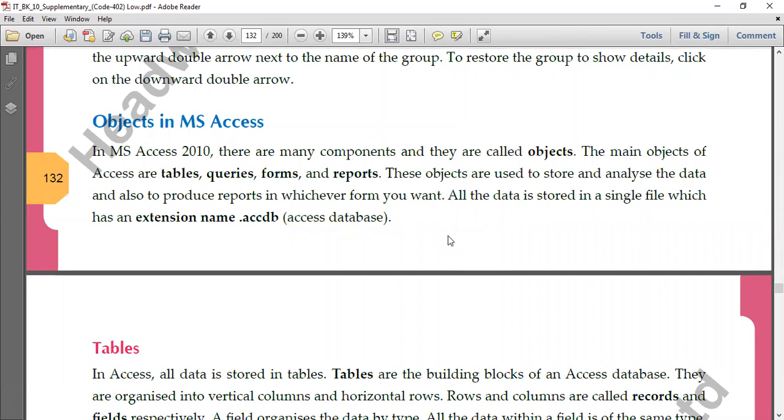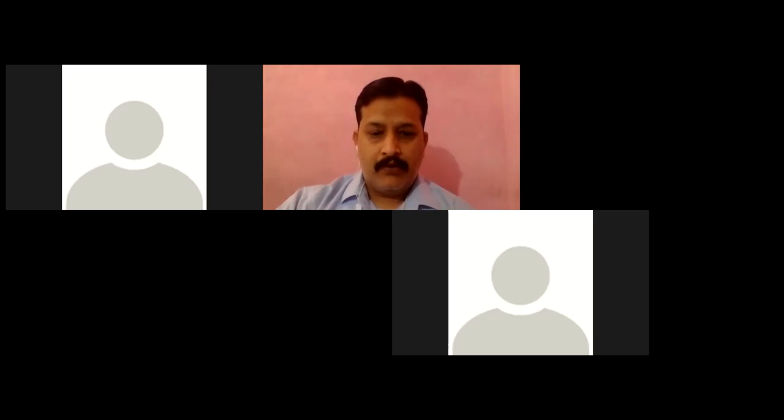Now we'll talk about objects in Access. Before moving further, I think